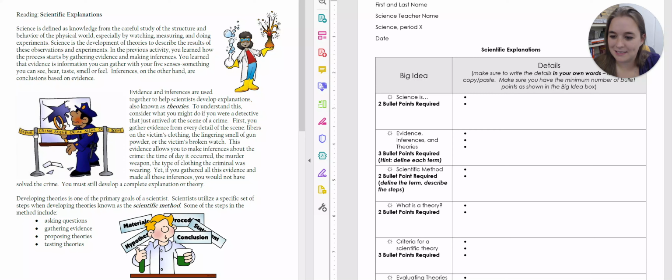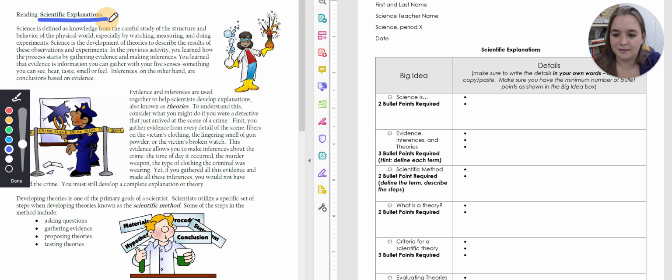Assignment. So your job today is to finish the task called Scientific Explanations. To do this, when you open up Teams, you'll see that there are two attached pieces to the assignment. The first one is a PDF reading. The reading is called Scientific Explanations, and as you read, you will need to open up the other activity, which